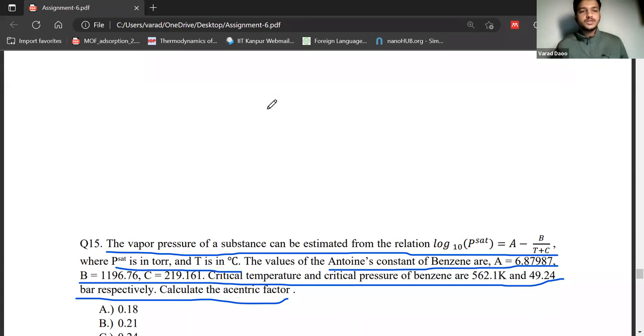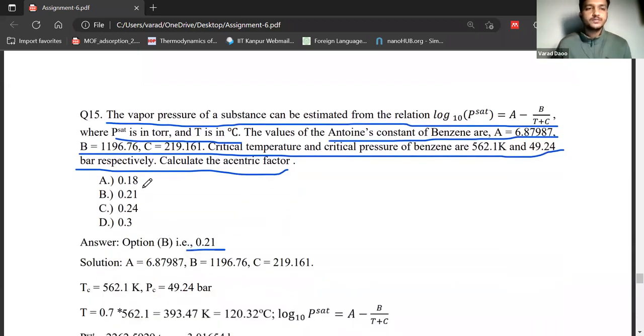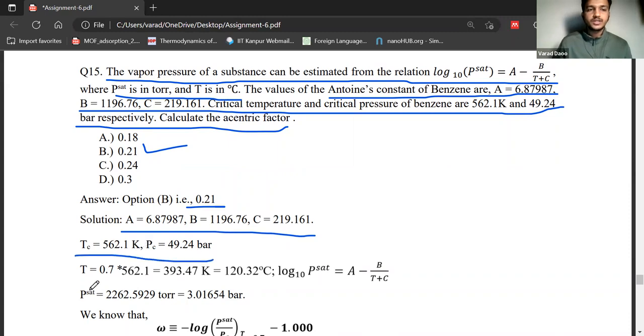Okay, so these are the options. Right? So everybody got it? The correct answer is option B, right? 0.21. So what we have? We have been given the Antoine constants, right? We are also given the critical pressure and critical temperature. So using this, what we do is we calculate the temperature, right? Using this expression,